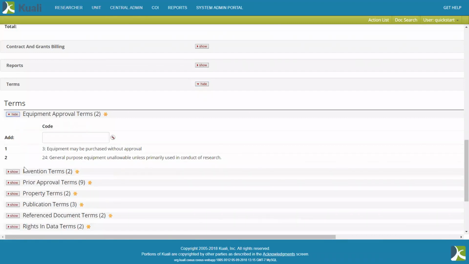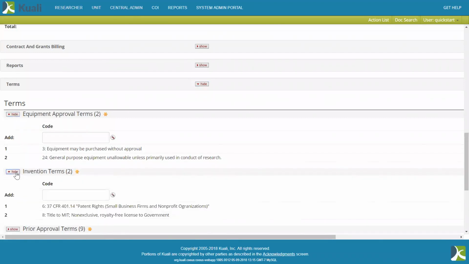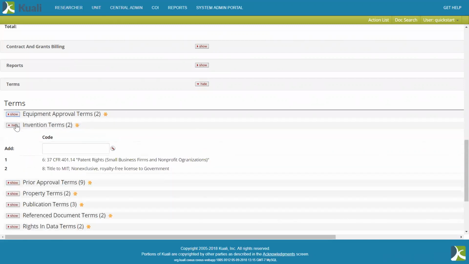So if we go down and look, all of these terms have been populated from the sponsor template. A lot of institutions find that while it is very useful to categorize all the terms like this on certain awards, they may not want to do that on all awards. And so some institutions will set up a term for each category called "See Notice of Award for Details" or something along those lines. You do have to enter at least one term in each of these sections